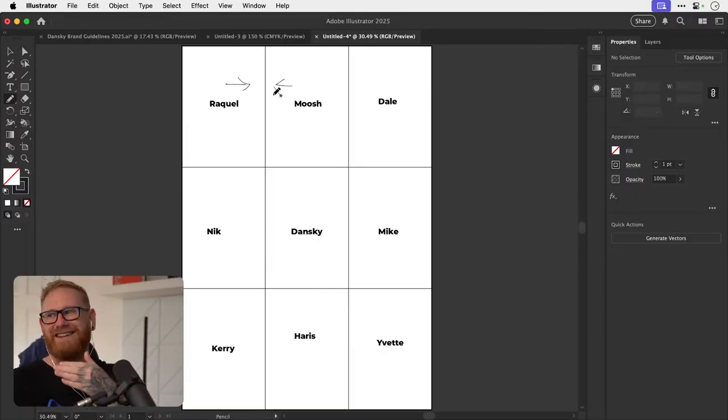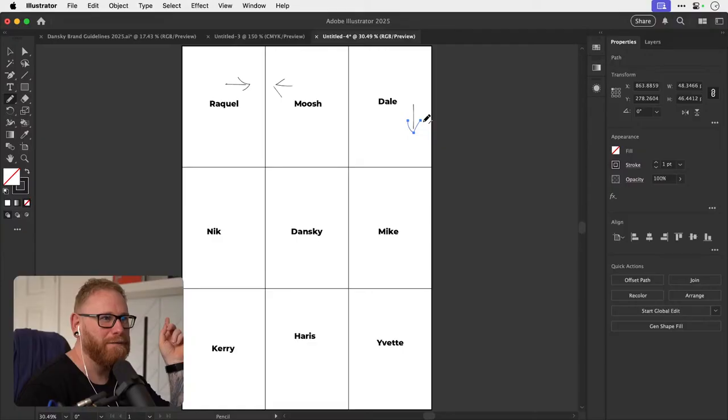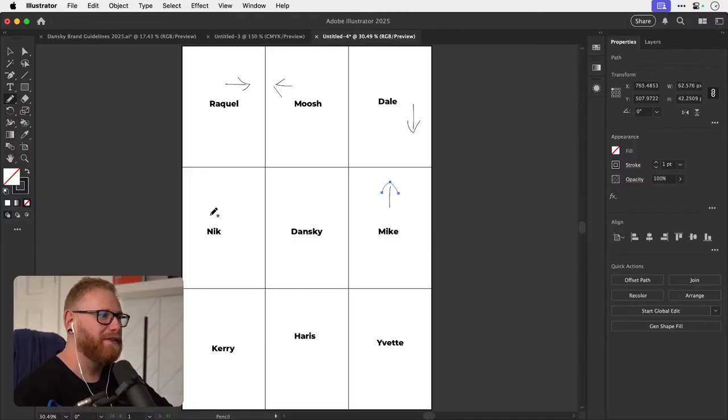Moosh, you'll need to turn to your right. Dale, you can look down. Mike, if you can look up, if that's possible. Nick, if you look to your left, and then I'll look to my right.